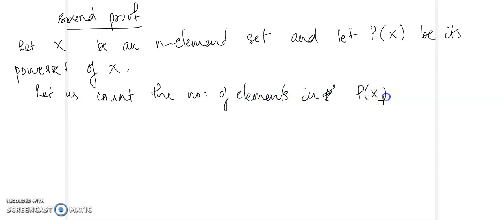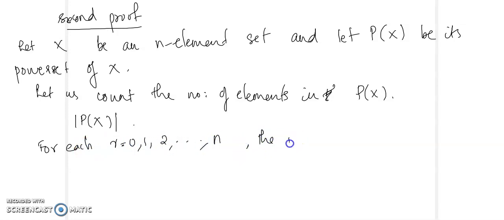So in P of X, we need to find the cardinality of P of X. Now the set X contains n elements. Now when you form the subsets, there can be subsets with no elements, then there can be one element, two elements and containing all the elements. Now for each r equal to 0, 1, 2, etc. n, the number of r element subsets